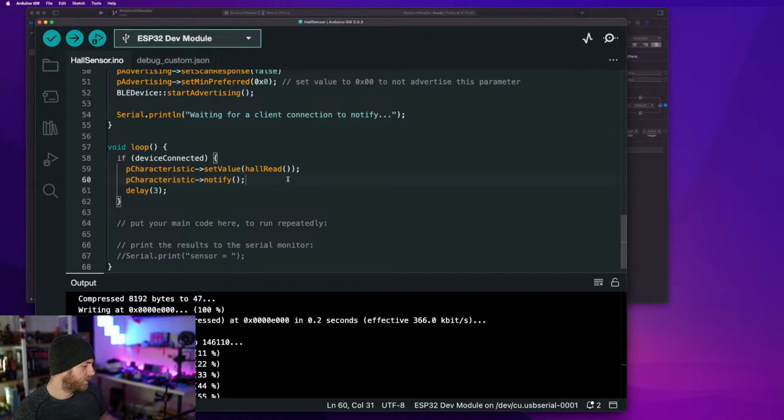Generally what we would do if we had the wheel setup I was talking about before, where you want to detect when a wheel comes past but you don't want to miss when that happens. Because if you're doing a delay and a wheel comes past for fractions of a second, you might miss that pickup as it comes around. So what you would want to do is always keep the loop running and keep track of how many times it's been detected, but only send that value across to your app